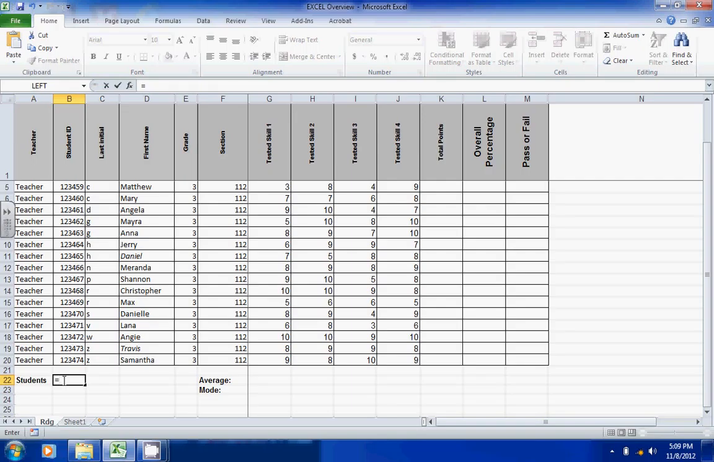Alright, let's start with the first formula that I'd like to show you today. Since this is the location where I'd like the result of the formula to show up, I'm going to click in this cell and type the equal sign. And now I'd like to start by showing you the count formula. The count formula is a way to count the number of values within a set range of cells that involve numbers. So in the case of this column here, I would like to know how many students are in this